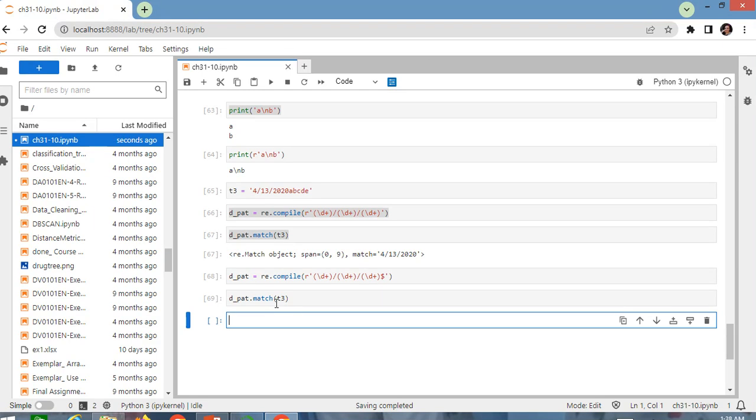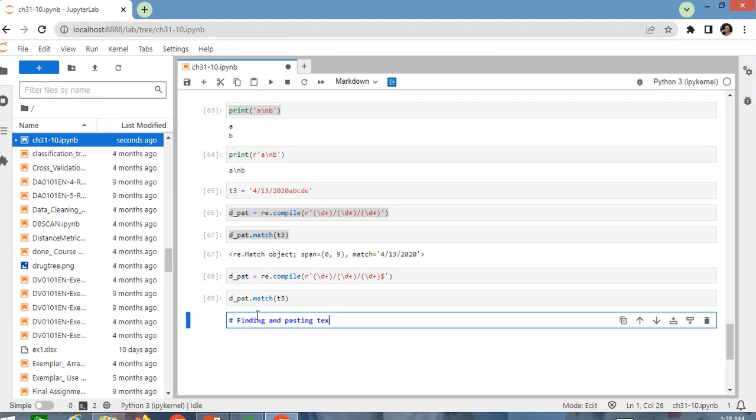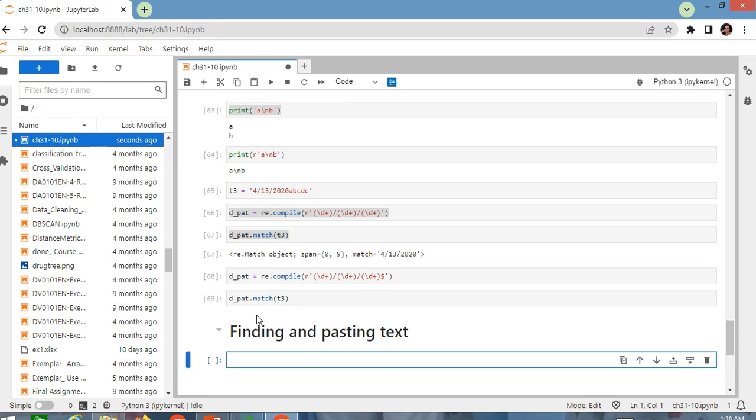The next topic is finding and pasting a text actually. Let's go on markdown mode, consider a square sign and a space and write the topic finding and pasting text. Okay. That is, you search for pattern inside the text and replace a part of the text. In simple examples, the str.replace can be used. For example,